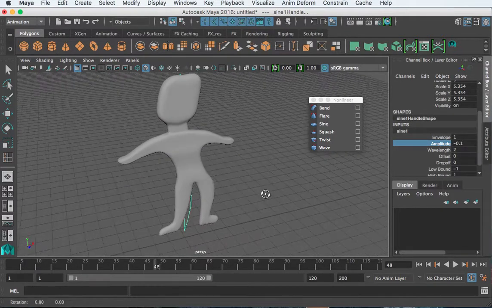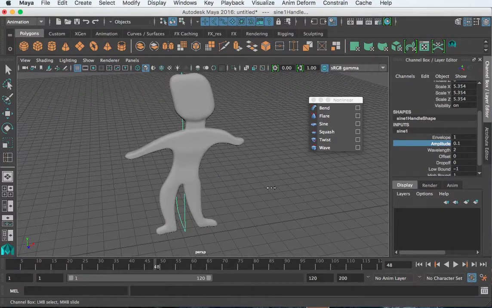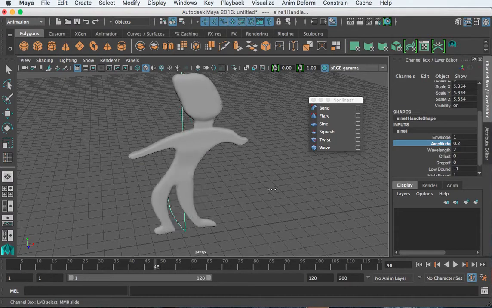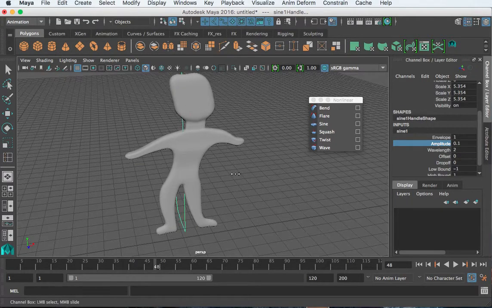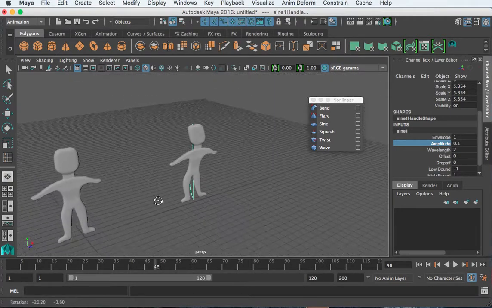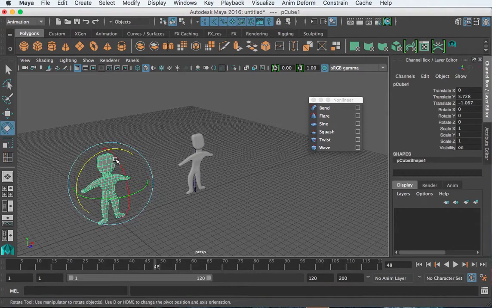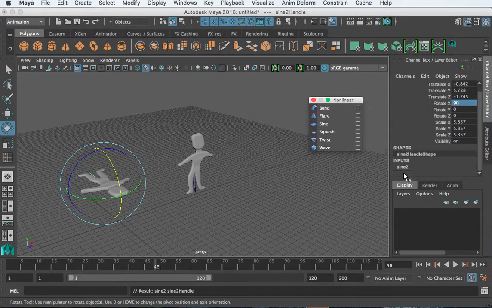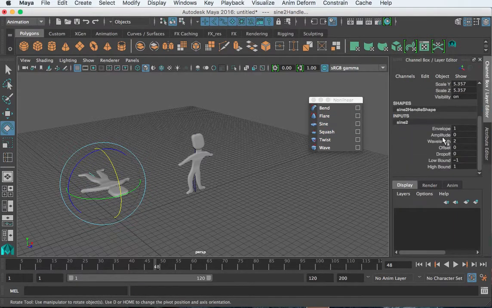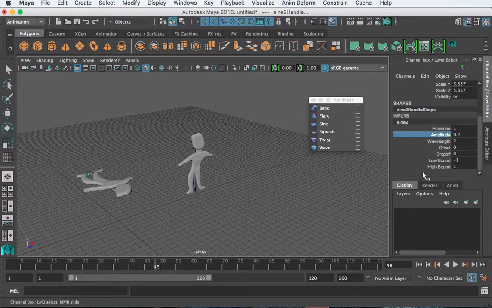So you could animate this guy dancing and do that all just by animating this amplitude here of your deformer. There's an interesting one you can do where if I lay this guy down and put a sine deformer through him and give him a little bit of amplitude,